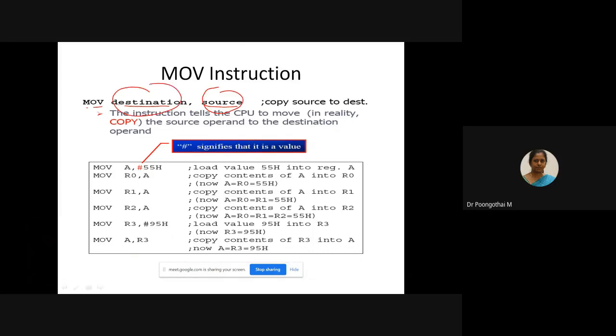So this instruction is used to copy the data from the source operand to the destination operand. The data on which the operation is to be performed is called the operand. For example, move A, comma, hash 55. Move is the opcode, and A comma hash 55 is the operand.